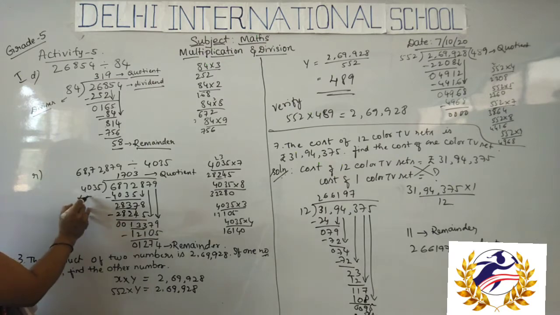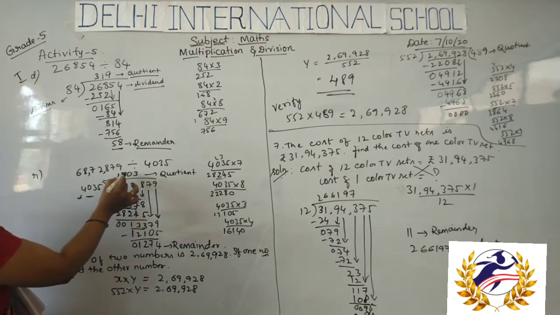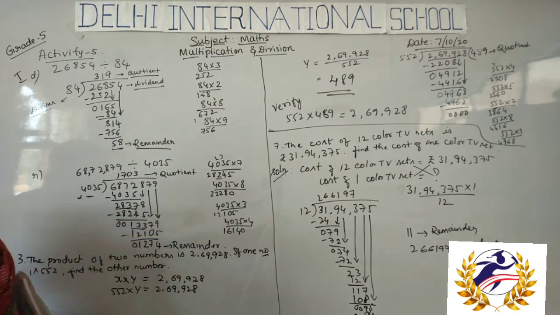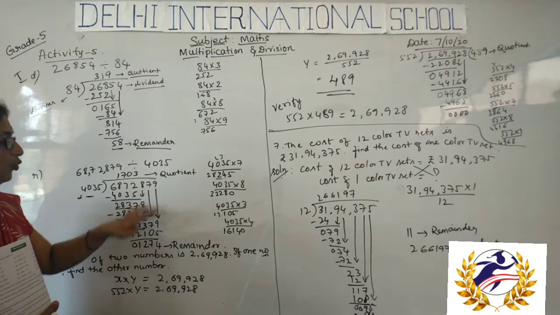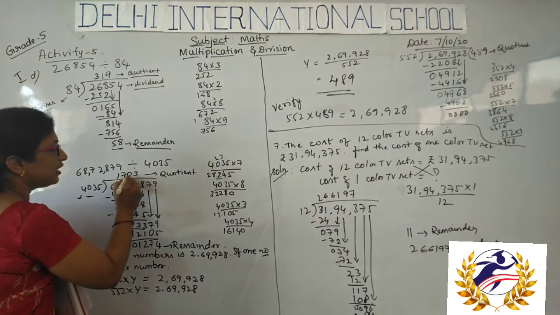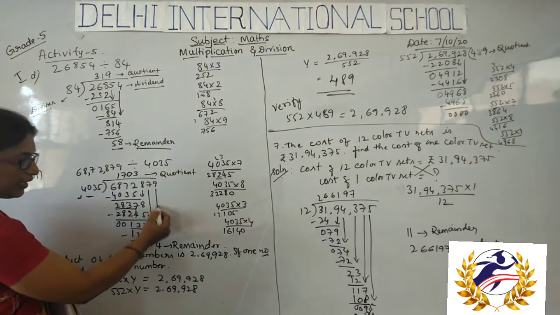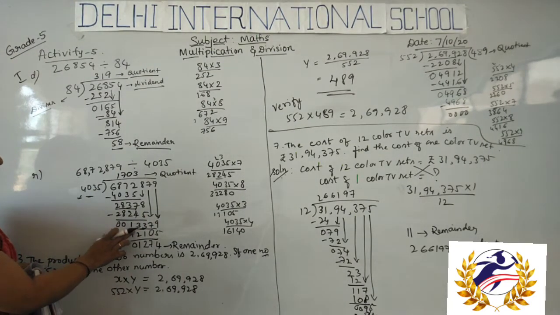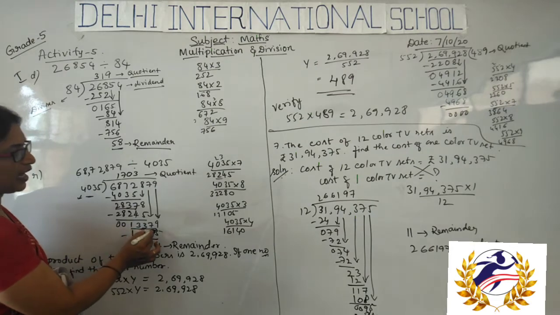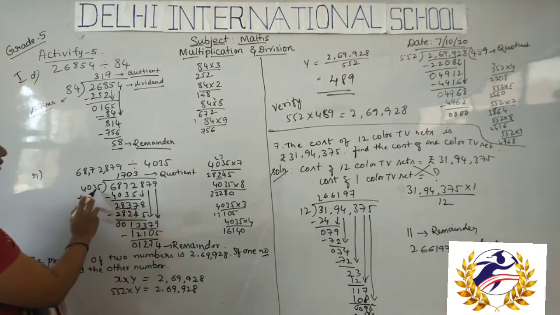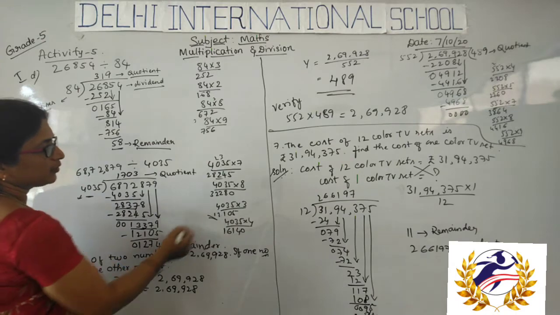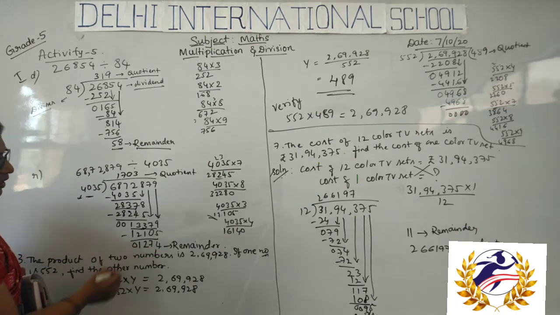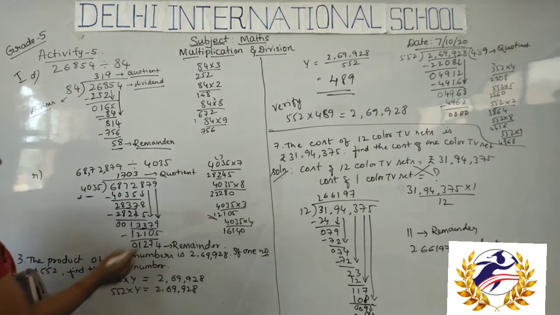So this is lesser than this number. By putting 0, I have to take another number. If in the same step there is a need to take two numbers, then I must put 0. After this, I took the other number in the same line. So 30,379. That is 4,035 3s are 12,105. I got 12,105. Then I will do subtraction.